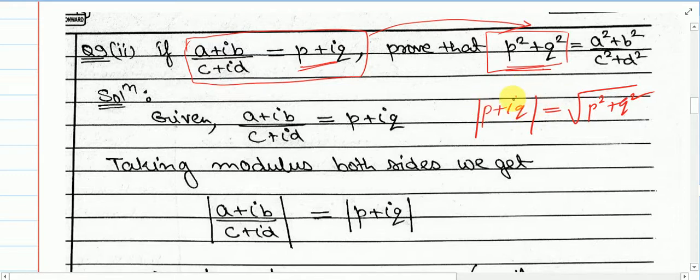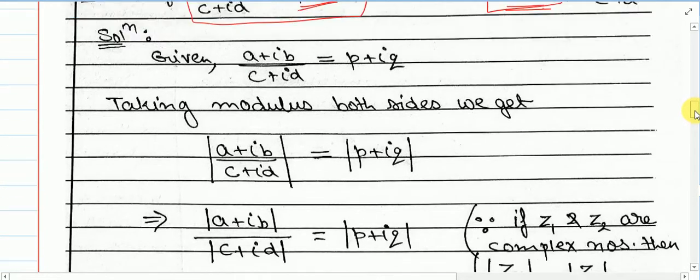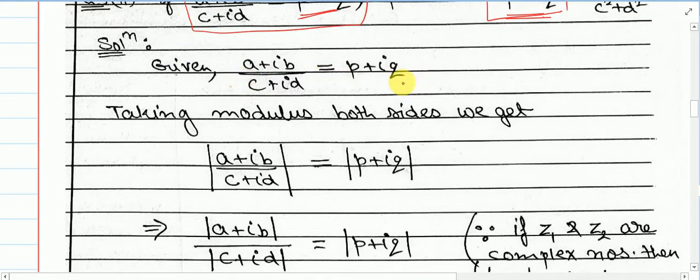this is giving us an idea, a hint for us that we should take mod of both the sides, and then we should proceed further. So what we will do is we will write down whatever is given to us. So this is given to us, then we'll take modulus both the sides. That means I have to put this both the sides. So here you can see I've taken modulus both the sides, and